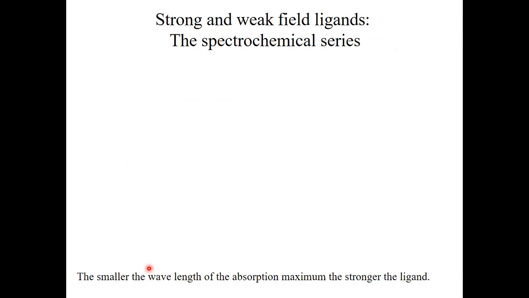So many coordination compounds have color, and color arises from electron transitions, and because we now have d orbitals of different energies available, we can explain electron transitions, which can explain color, and we can develop what is called a spectrochemical series